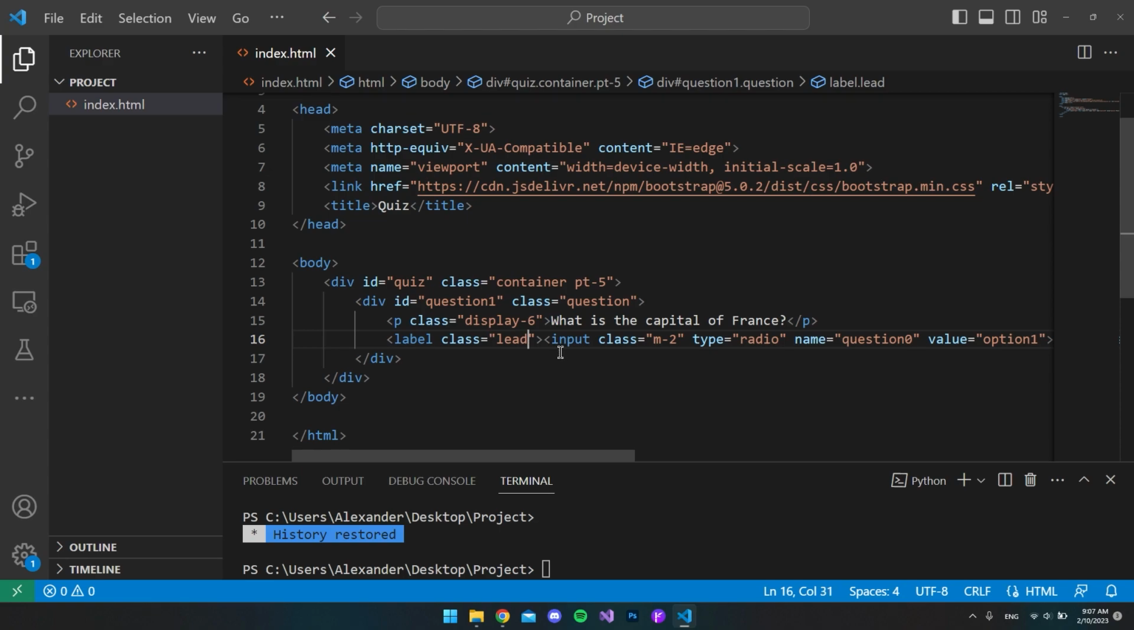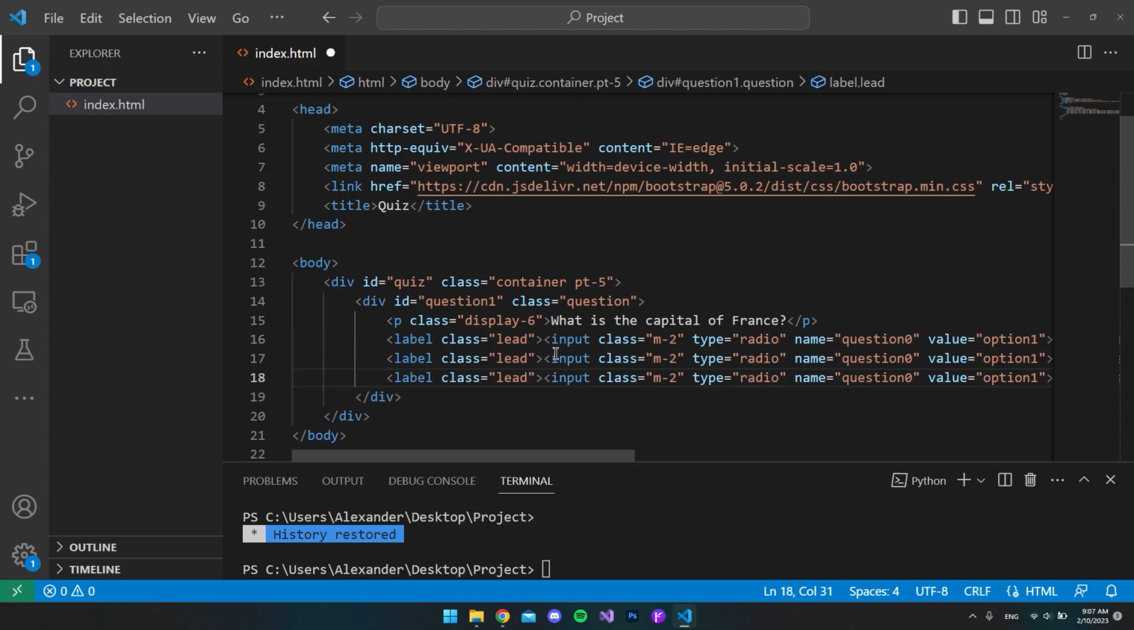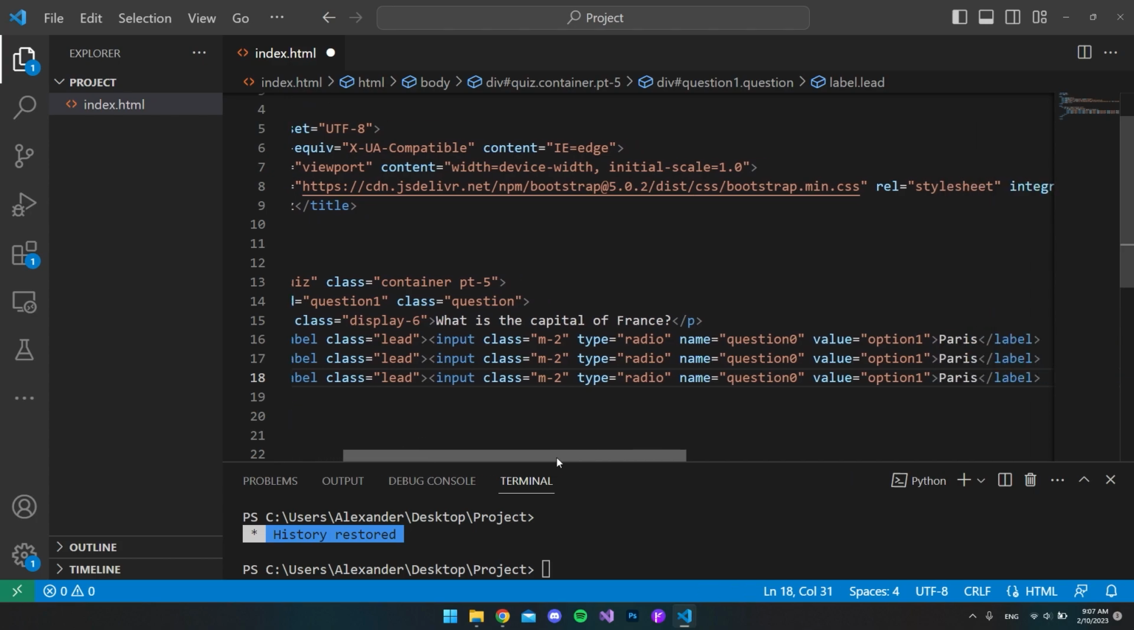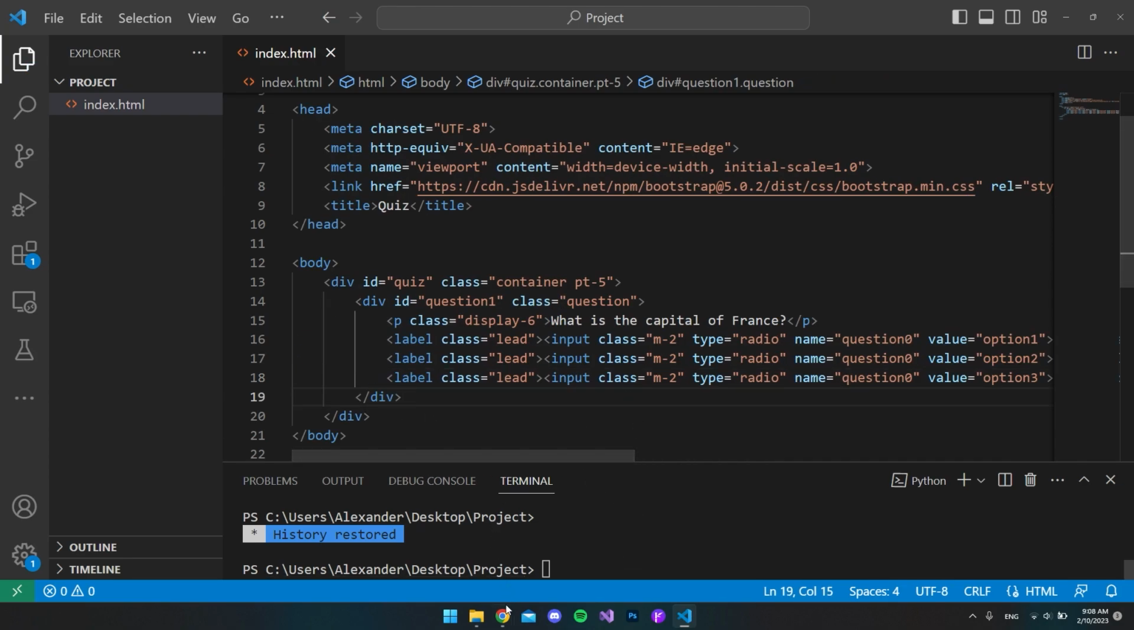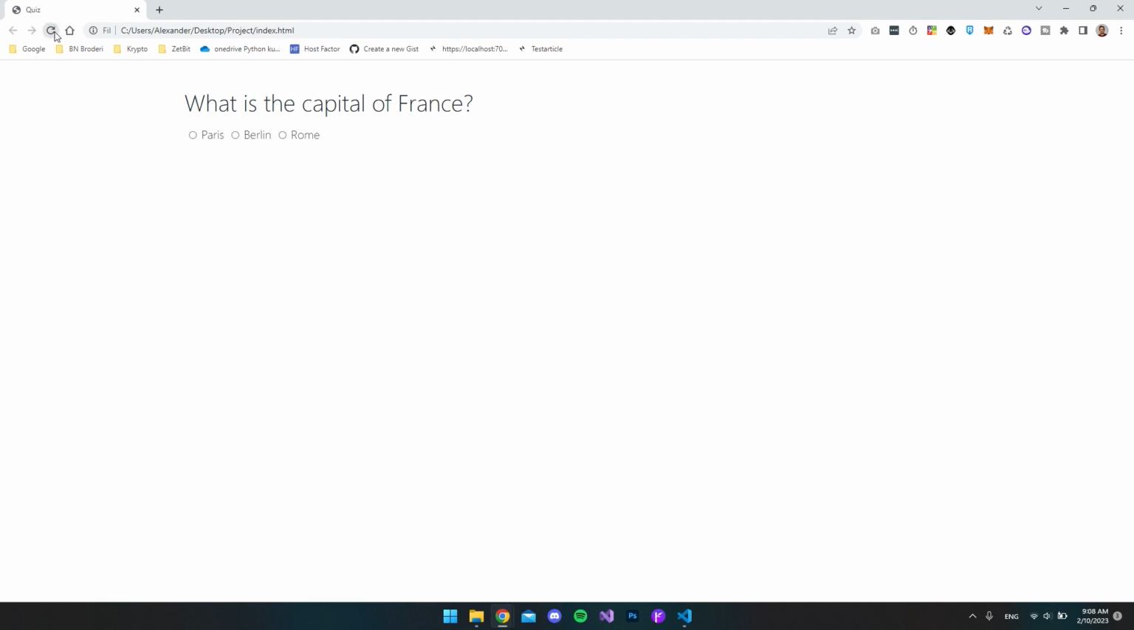I'll just hit Control C, Control V and do it twice. So now the only thing we have to change here is that this is option 2 and this is option 3. And of course we want to add some different values. So let's say this is Berlin and this one is Rome. So let's go back and see how this looks. We save the file, go to our quiz, update the window, and now we can see we have all the